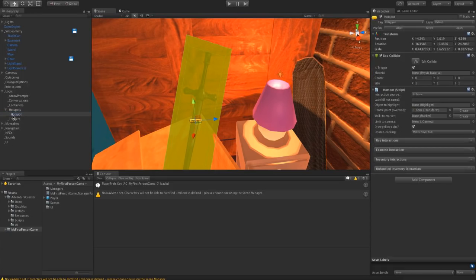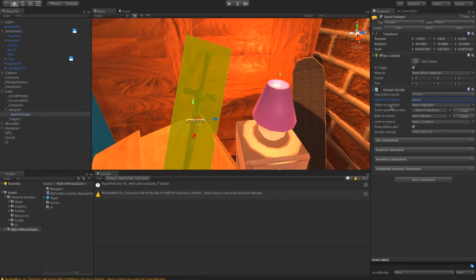So with my hotspot selected, I'm going to go to its inspector, and this is going to be my hotspot for my sword. So I'm going to rename this, rather inventively, sword hotspot. Now working my way down through the list of fields, we've got interaction source. So we're going to create a series of actions that dictate what happens when we click on this sword. We're going to leave it all in the scene, that's fine. Our label, we don't want sword hotspot to appear when we hover over it. We would just want sword, so I'm going to type that in, in that field there.